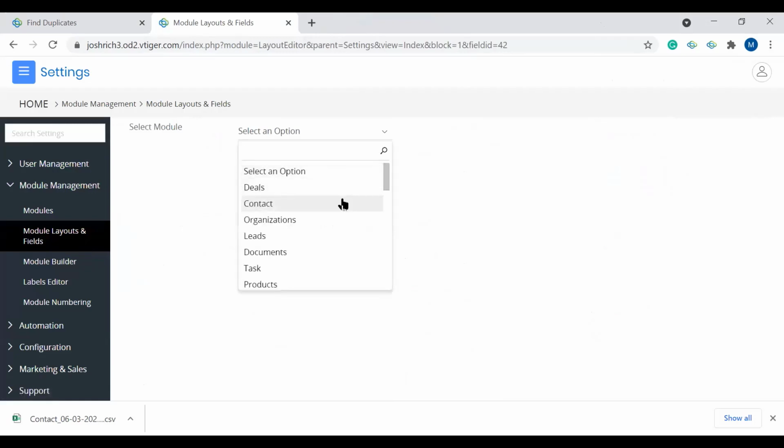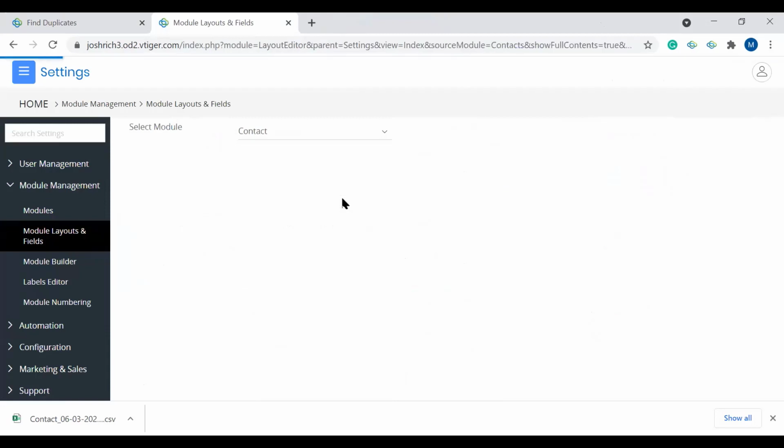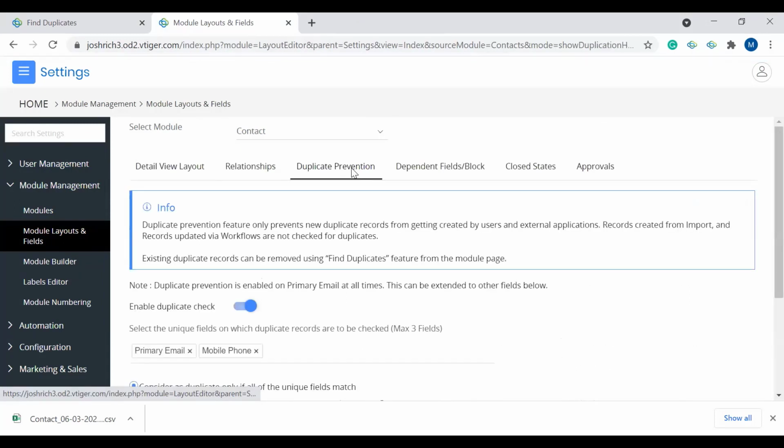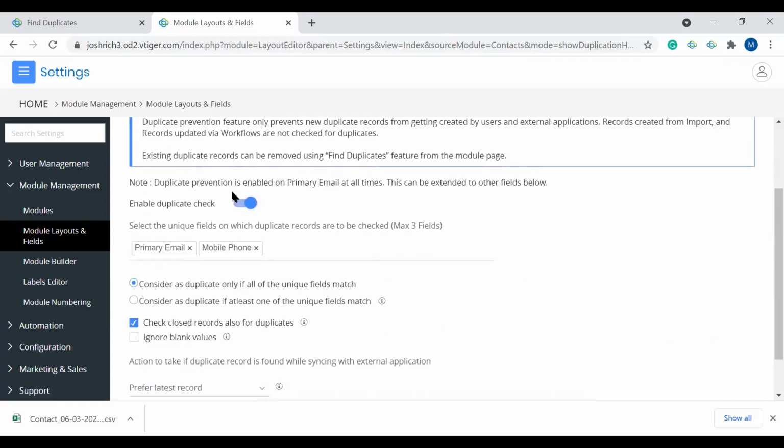I recommend doing it for any module you'll be creating a lot of records within. So here we'll do contacts. And then from there, the third tab over, you'll see duplicate prevention. And here, you'll just need to enable it and then choose the fields you want the duplicate prevention to be